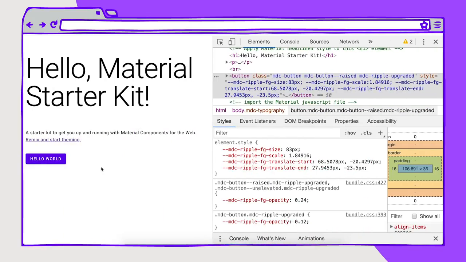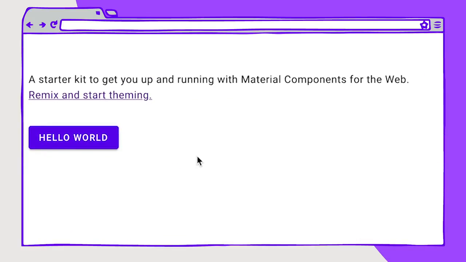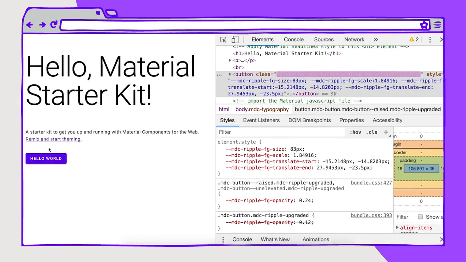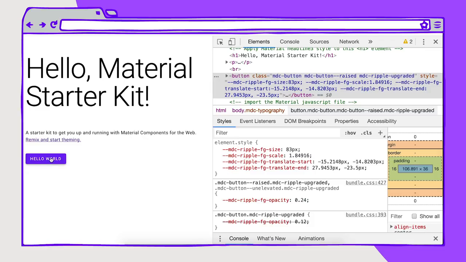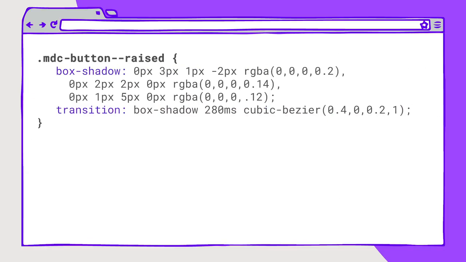Here is an example of a Material Design component button. There is also a transition here when you hover over it. It is a little bit more subtle. There is a shadow that comes out of that, giving it a little bit of depth to this button. But the simple transition here is that this box shadow is expanding. So if we take a look at that, what it looks like is this.